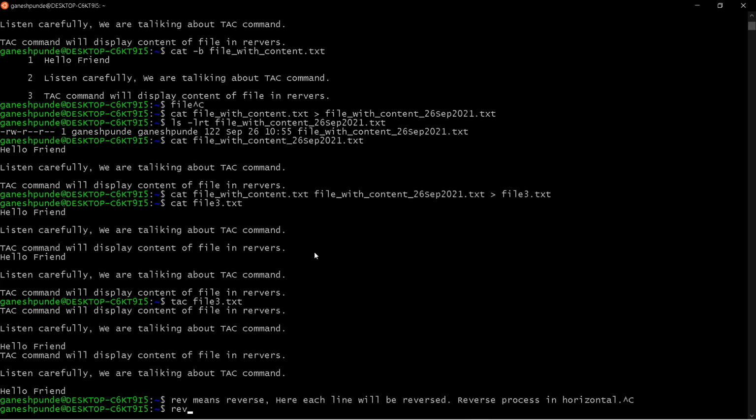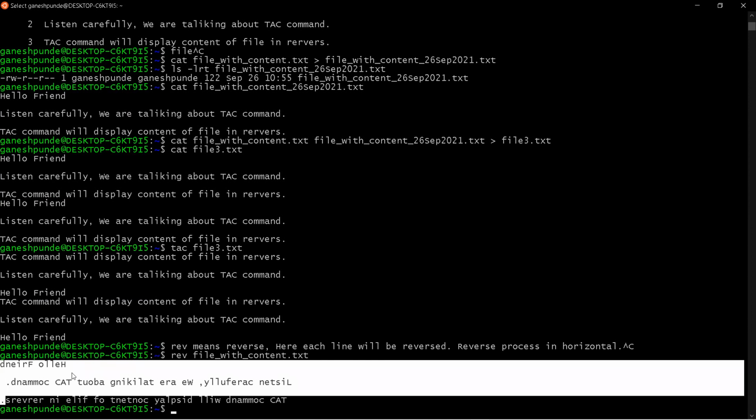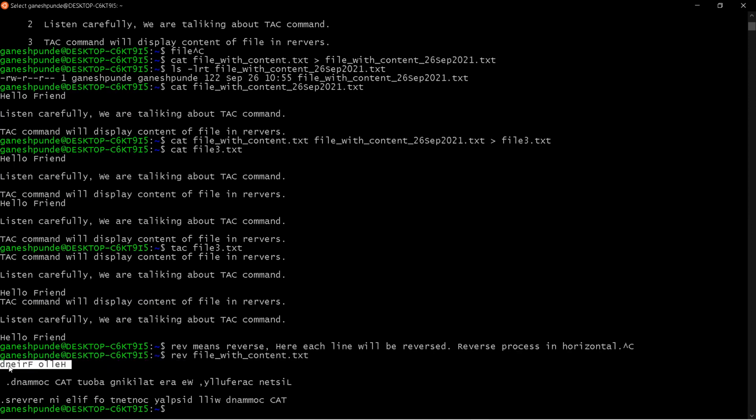If I use rev on file with content.txt, you can see D, N, E, I, R, F. So it is reversing the lines present in the file. It is showing top to bottom, but the lines will be reversed.